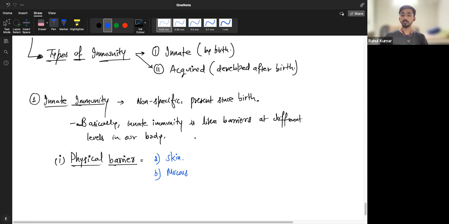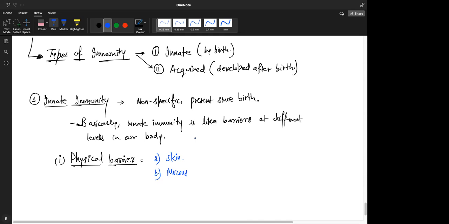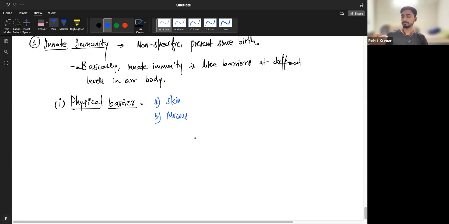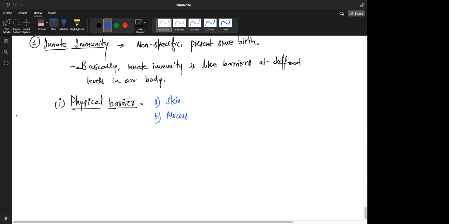And what does mucus do? How does it act as a barrier? What is the benefit of mucus? It traps the microorganisms, they just get stuck to it. It is sticky in nature, right? Write down: it traps all the pathogens and microbes that are entering our body or that may enter the body. So is this part clear, everyone? Physical barrier? Very well.